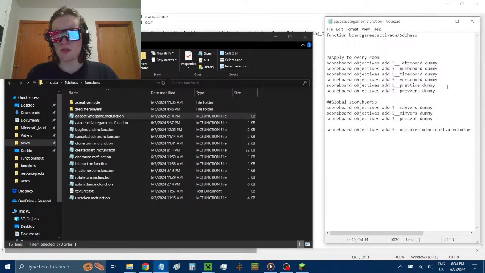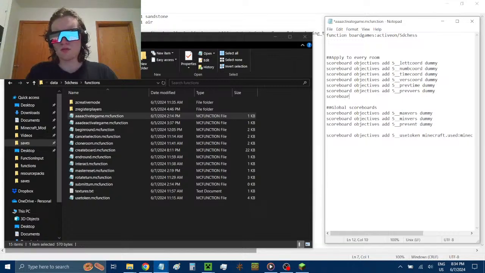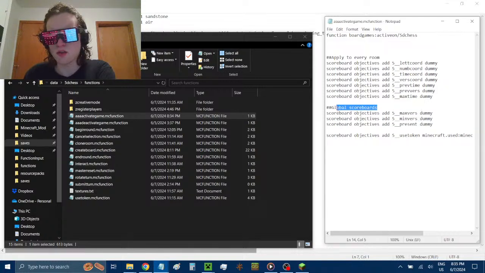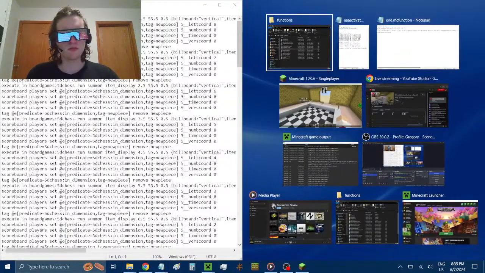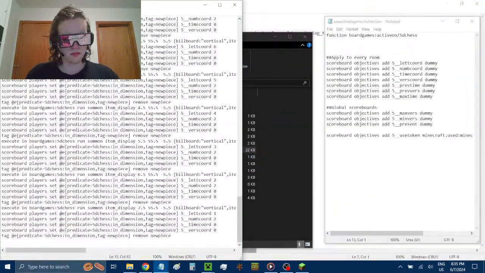So we need another one here. Scoreboard, objectives, add 5 max time. So the largest universe and the smallest universe in number, that's a global scoreboard, we can keep track of that. Where the present is, we can keep track of that. And then the maximum time is something that we have to keep track of. So when we create the board, and we gotta do